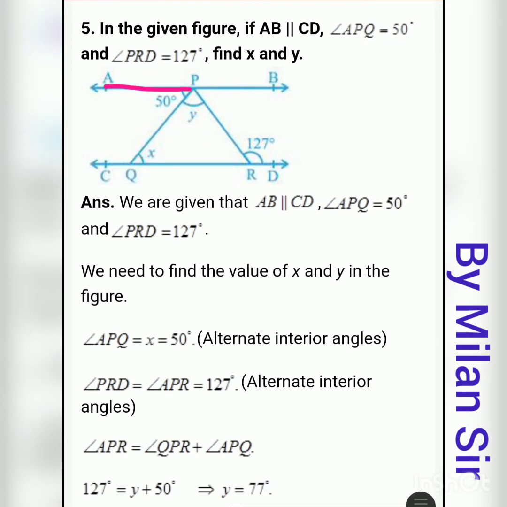So here we have one Z shape, this is 50 degree, so this is even 50 degree. So here our value of x is equal to 50 degree. And we can use this concept if these two lines are parallel lines, but that is already given to you in the equation, AB parallel to CD. For alternate interior angles we want two parallel lines.